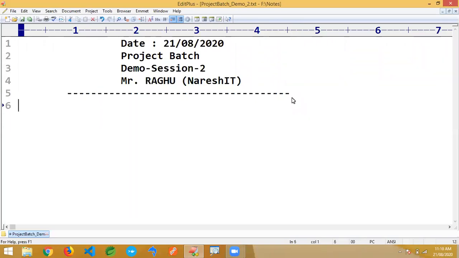This is session 2. We are discussing the project. In the last session, I gave an overview of how exactly the project concept is going to look, that we have seen. Okay. In today's session, we are going to see what exactly it is going to be and how to implement this process.